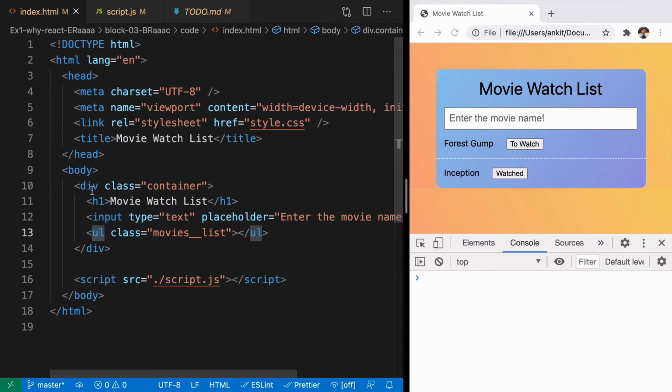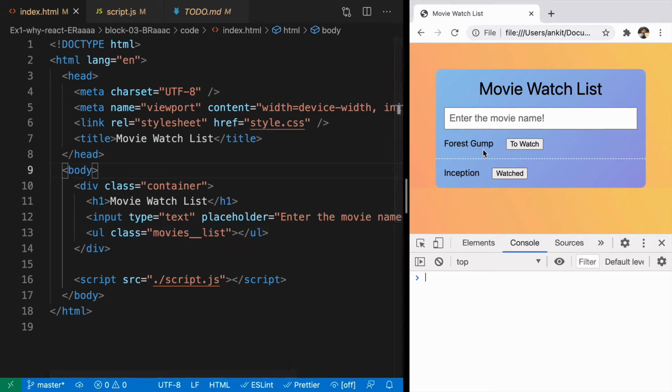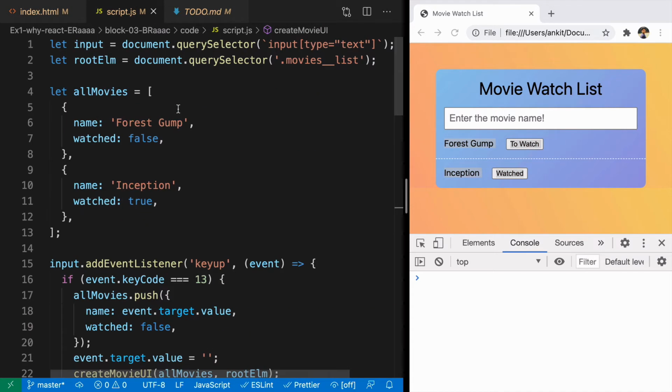In our HTML, we have the basic structure. Here we have UL, that is where all the dynamic content is going. And with the word dynamic, I mean the number of movies visible here, because it depends on the user how many movies they have. Right now we have 2 movies. In future it can have 10 movies or something like that, right? So let's go ahead and take a look at JavaScript now.